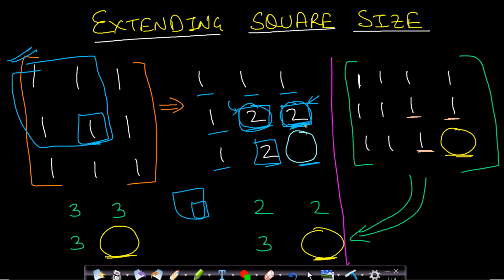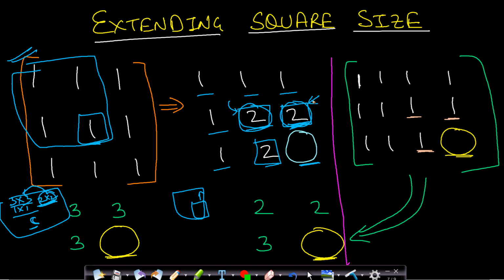So if it is saying 2, then they are basically 2 square submatrices and they will always be one size above, because there cannot be a 3 by 3 square submatrix ending at a given cell and a 1 by 1 square matrix ending at this cell, and no 2 by 2, because this 2 by 2 will actually be contained inside this 3 by 3. Therefore, if there is a 3 by 3, there will be a 2 by 2, and if there is a 2 by 2, there will be a 1 by 1. Okay, so if you did not understand this point, please ignore it because this is not very important.